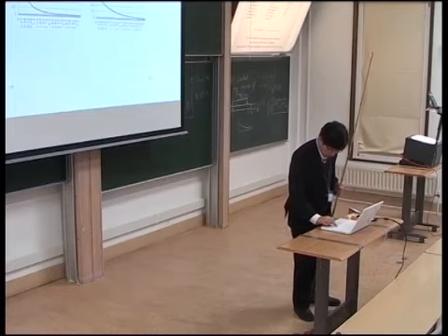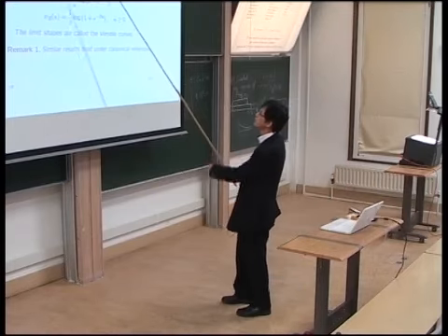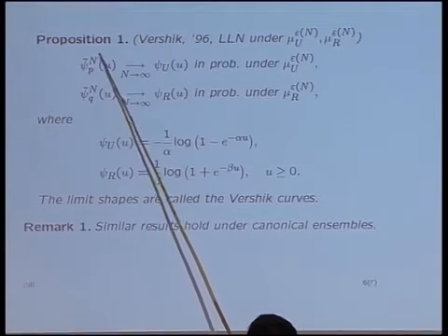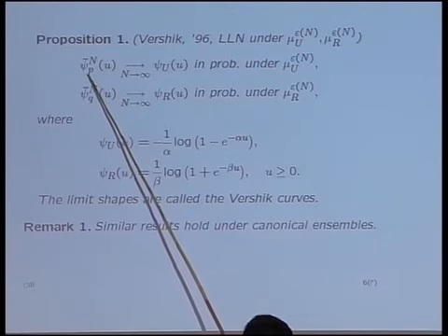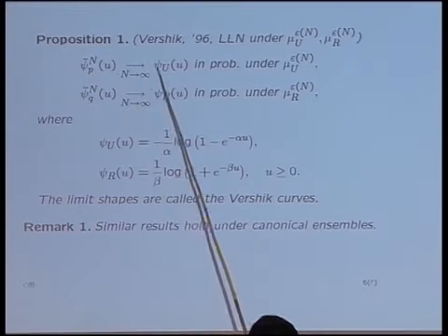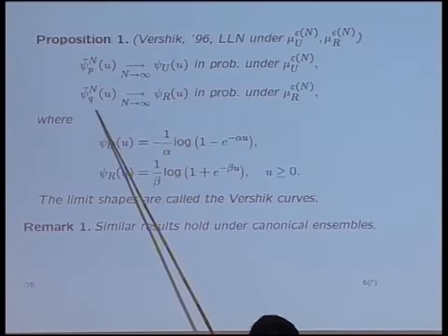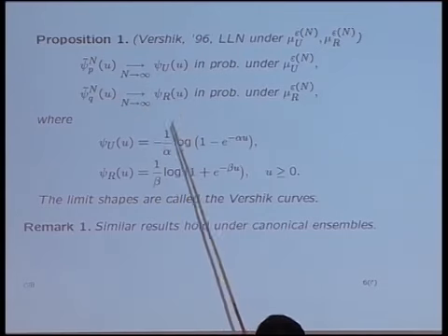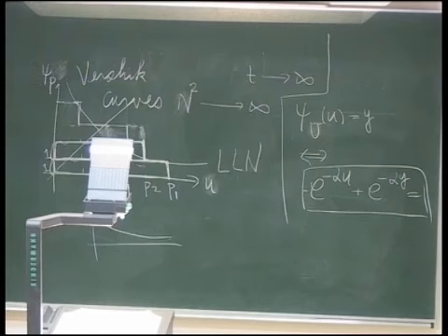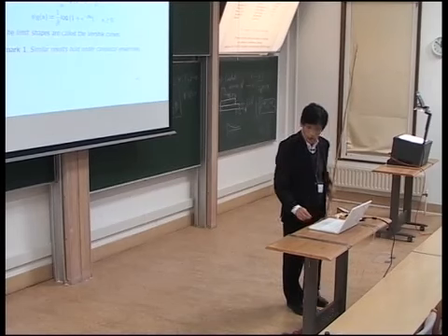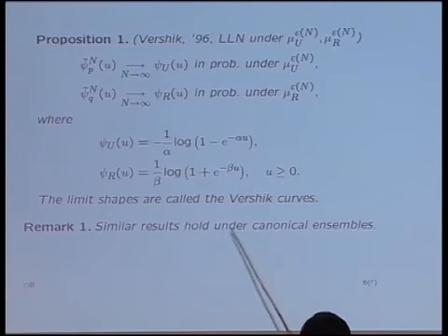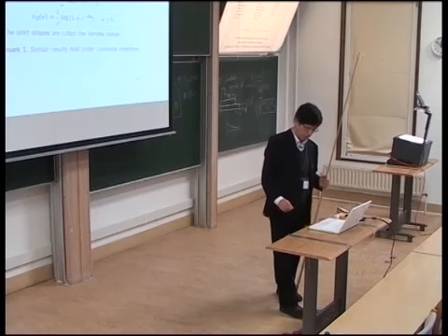So I go back again. This is a random 2D Young diagram, but I consider only the surface of it, and I consider uniform statistics. So P denotes uniform randomness. Then the limit is a Bełsik curve defined this way, and for the restricted case, the limit is given by this formula, or by this formula. So this is the result by Bełsik. And I considered the grand canonical case, but under the canonical ensemble you have the same result. That is also his result.